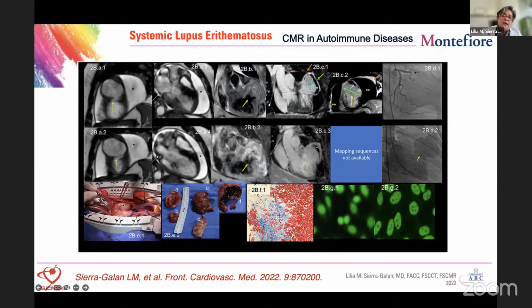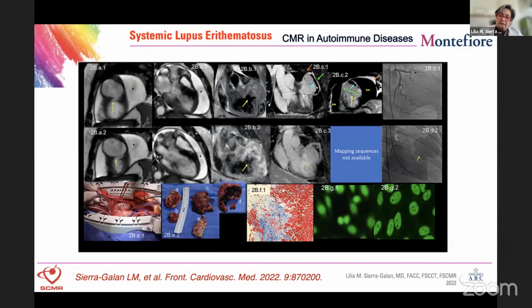And then we decided to accompany the patient to the operating room, and it was a true aneurysm, as we can see here. And the thrombus has these two components, one old, one fresh, as was confirmed by the pathologist. But the interesting thing is that we took fluid from the pericardium and from the blood, and in both we found two different patterns of anti-nuclear antibodies, and that confirms the presence of lupus.